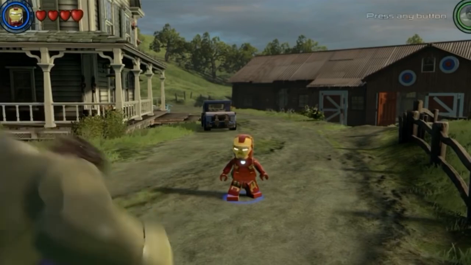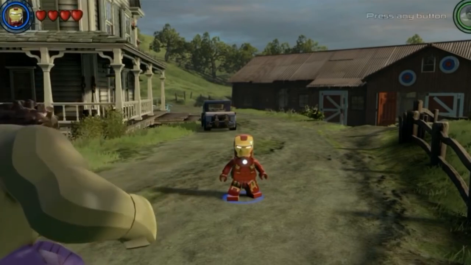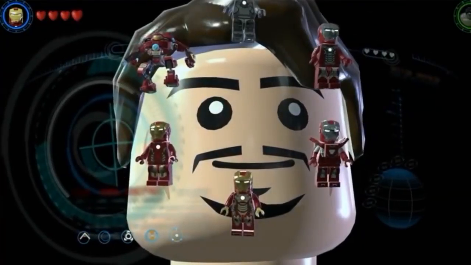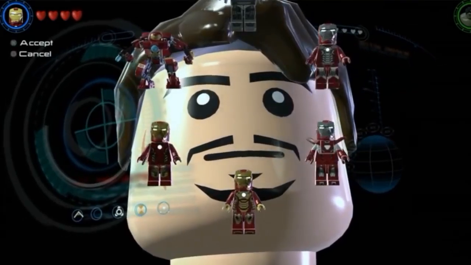Some of the cool things as well is what we get to do with the characters. This is brand new for this title. Here we've got Iron Man, and Iron Man has his suits. What we can do is you can actually go into Tony Stark's HUD, and then you have the ability to change suits on the fly. So what we'll do is we're going to select the Mark 1 armor,